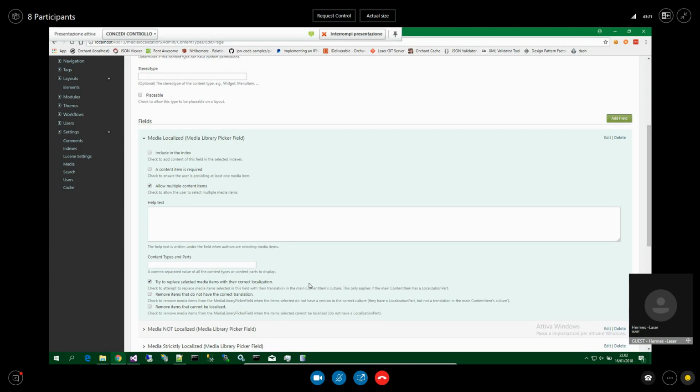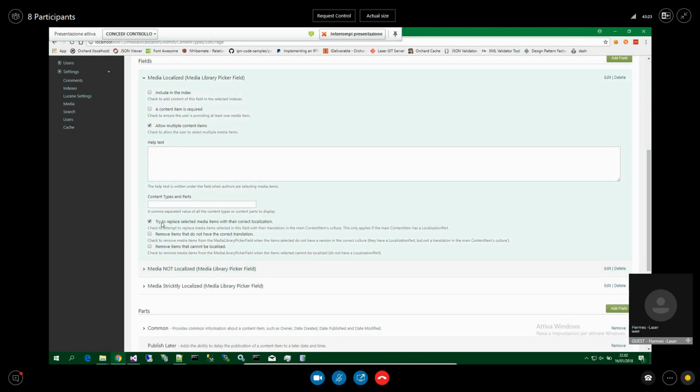By default, when I enable this feature, the default for all media libraries is to try to replace selected media items with their correct localization. And this is the same behavior as the content item picker. Okay, good. Yes, it's the same.